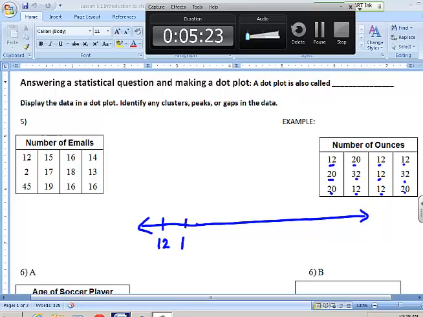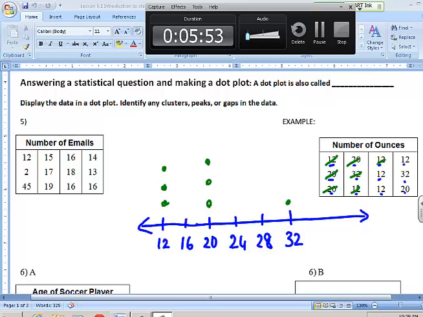12, 16, 20, 24, 28, and 32. I don't even have to go any further because that's the highest number. Alright, let's go ahead and plot. First one is 12, then 20, then 20 again, 20, 32, right here, 12,